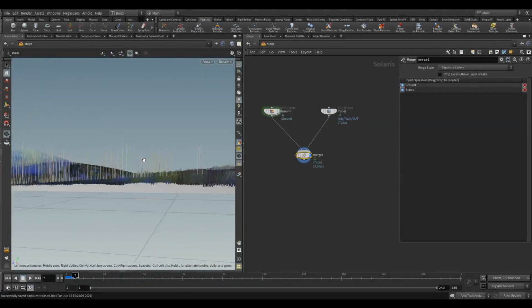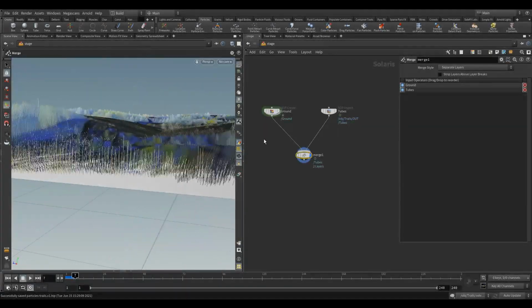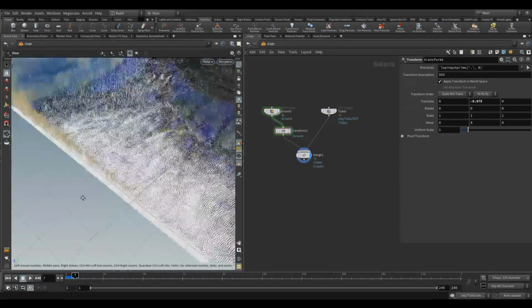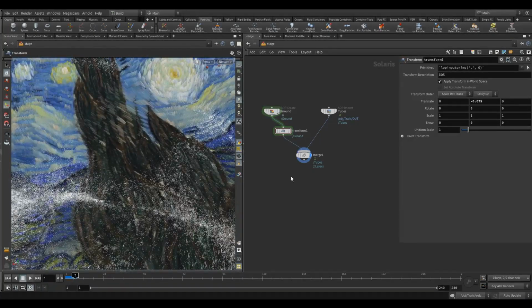You can see that because some of these points will be going down a little bit. So drop transform and drop that down 0.075. Okay, just to make sure it's not intersecting with the tubes. It's just something to bounce some light